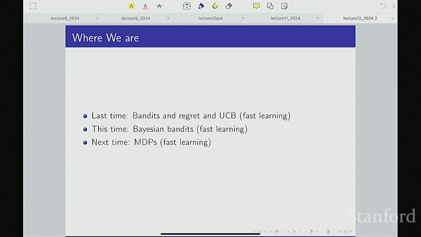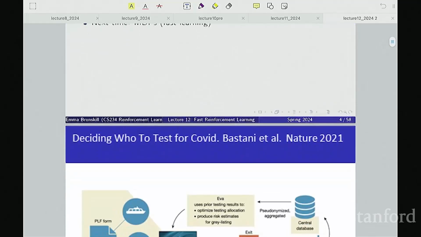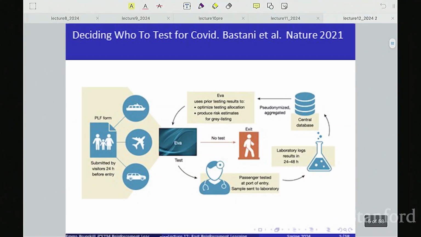What today we're going to focus on mostly is Bayesian bandits, and we'll get there in a few minutes. Before we do that, I think it's exciting to think about all the application areas where these come up. And I wanted to go through this example, which I think I mentioned briefly in lecture 1, just again to think about all the complexities which come up when we want to try to use these in practice and where bandit algorithms in particular might be used.